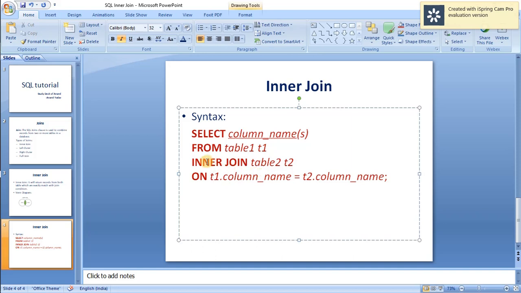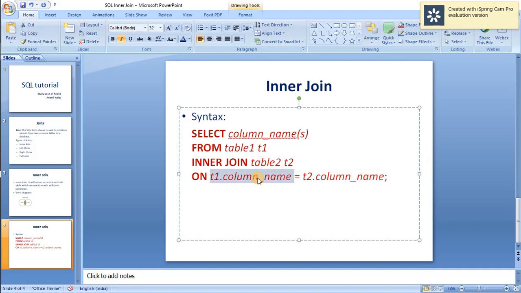To perform an inner join, the keyword is inner join, and we are joining table 2, and again we have used the alias t2 for table 2, and then ON. This is the common column condition. There is a common column in table 1, and the same column is in table 2. So we are performing an inner join based on this column.